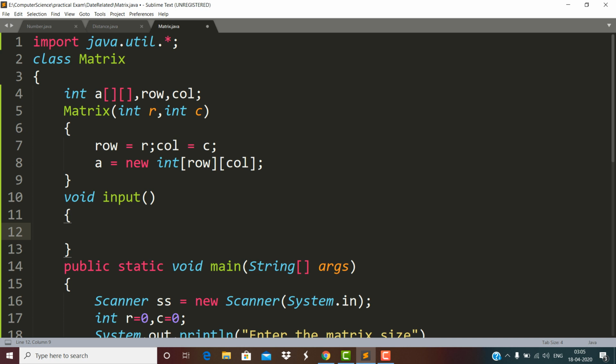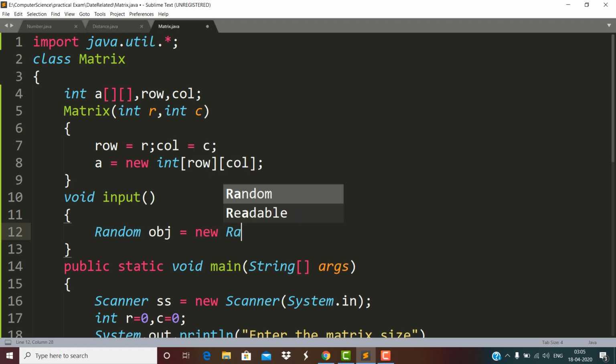In one of the videos I have explained how to implement random input in Java. So here I'm not going to fill the matrix manually, but I will be using the Random class of util package. So how to use Random?